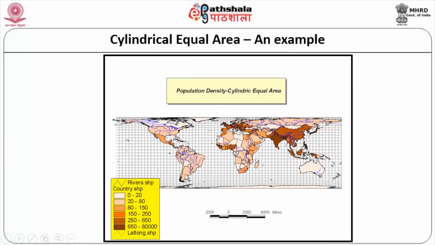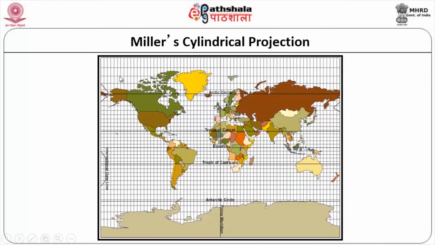Whereas here you see how it is getting affected, in the cylindrical equal area projection at here and there, but in this context you can see that the entire area is shown thoroughly without any error or difficulty in understanding. This is how it is. There will not be any distortions rather.